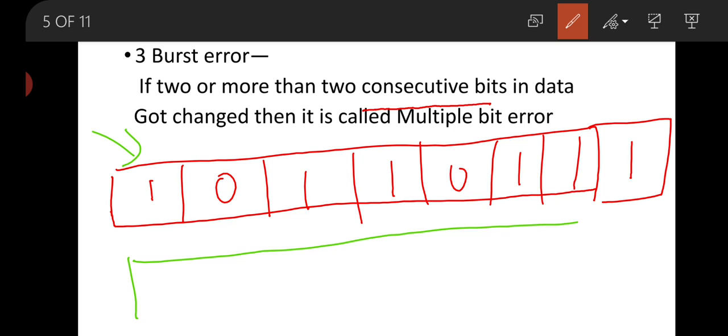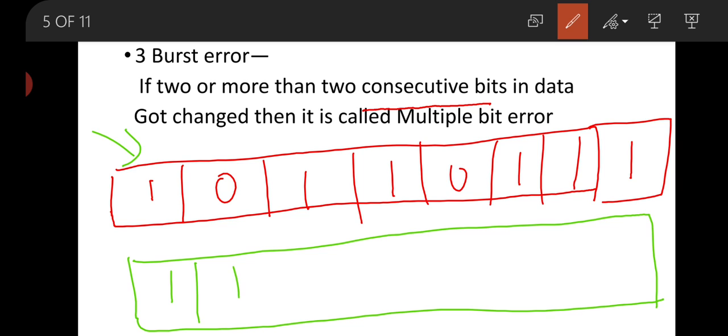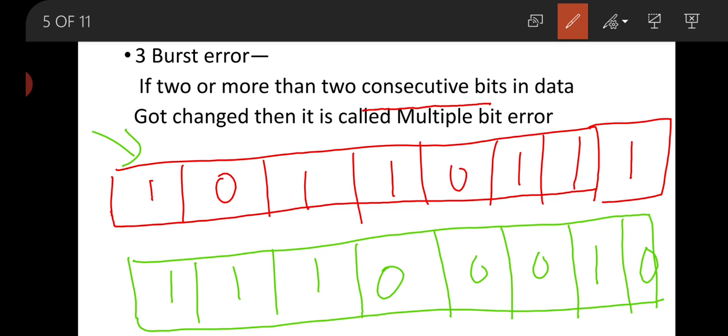Now the receiver received this data like this: 1 1 1 0 0 0 1 0. Now see, the first change occurred here. One is 1, same; 1 is 0. The second change occurred here: 0 is 0; 1 is 0. The third change occurred here: 1 is same as 1, and this one is converted into 0, and the fourth change occurred here.